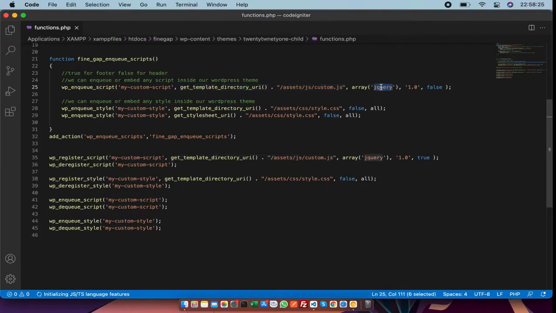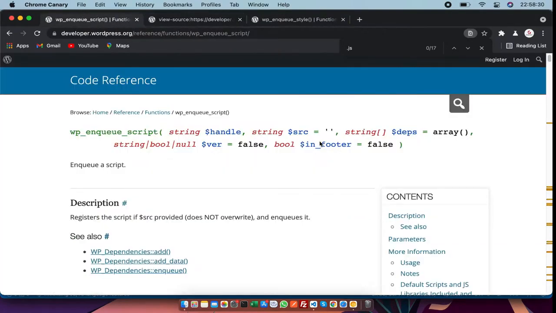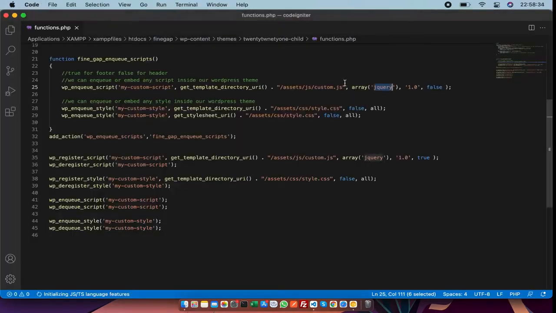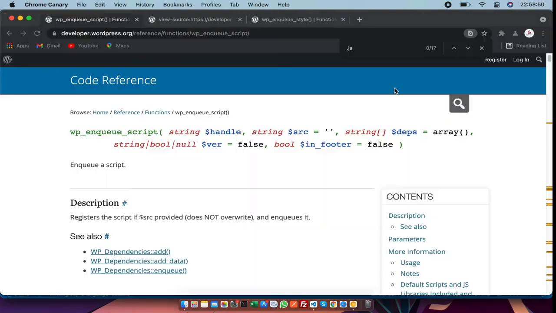In the next we have the dependency, deps. It means this file is dependent on jQuery. Without it, it will not work. If it is not dependent, then we can call it like that. In the next we have a version, 1.0.